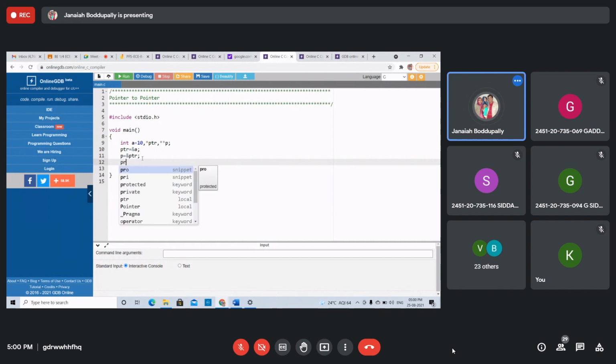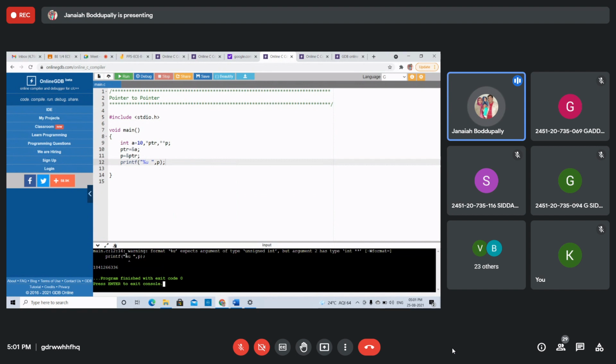One by one. Printf %u space. What is the address of a? That's ptr. See this, simply printf %u ptr. What is the address? It displays some address location.